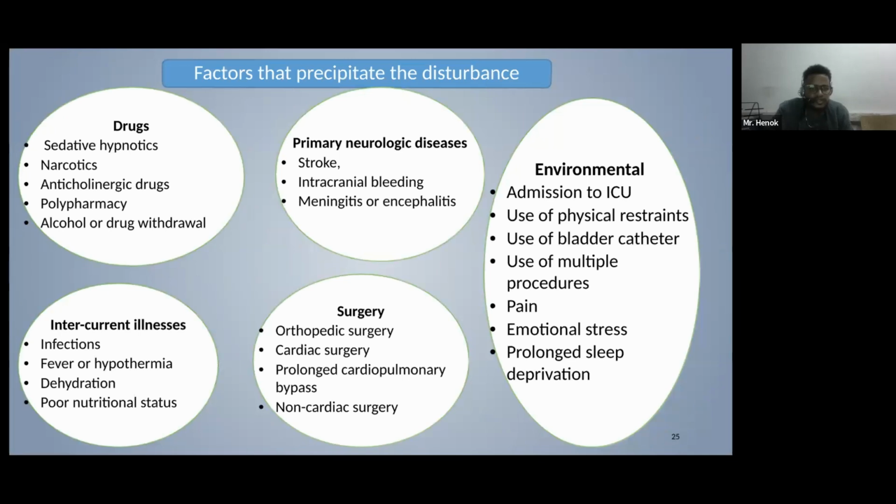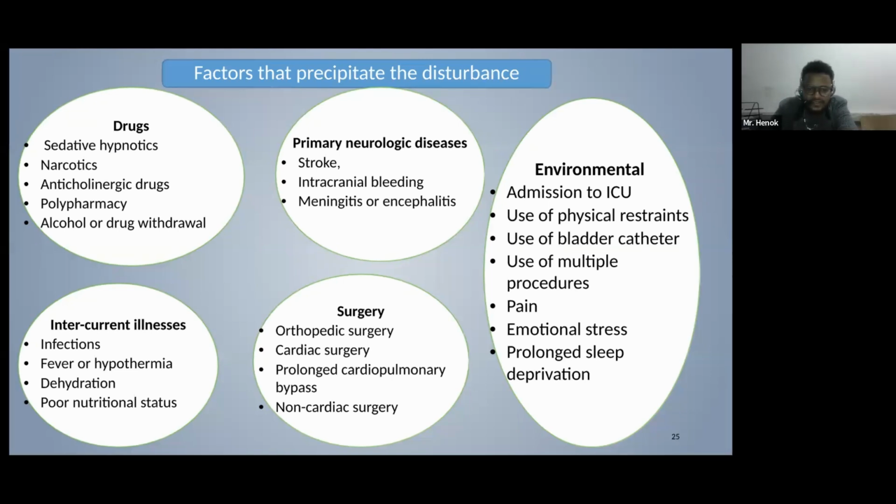So drugs, whether sedative hypnotics, narcotics, anticholinergic drugs, a combination of drugs or polypharmacy, alcohol or drug withdrawal can precipitate delirium. Primarily neurologic conditions, intercurrent illnesses, infections, fever or hypothermia, dehydration, poor nutritional status,